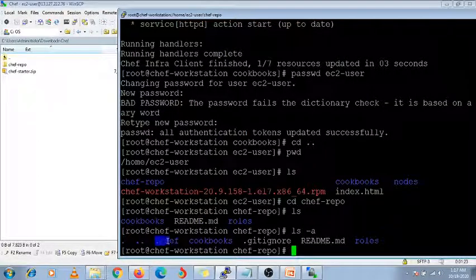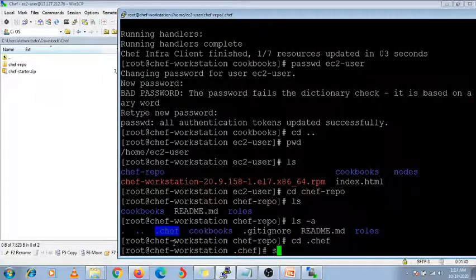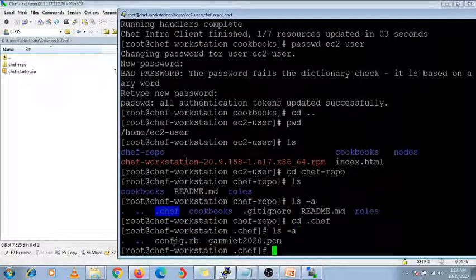There are other files created, one directory that is .chef and one is .gitignore. So these are the files available inside it. When you check under the .chef directory with ls -a, there are two files available, right?